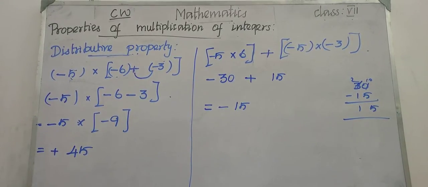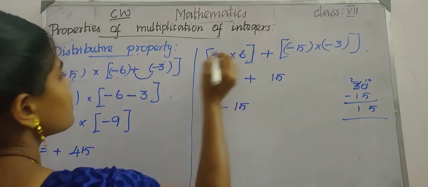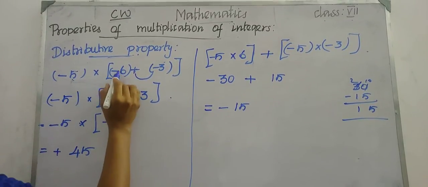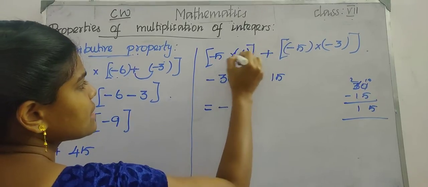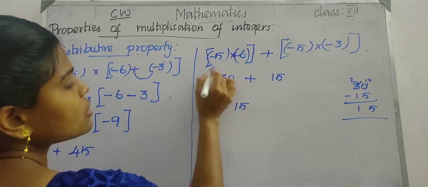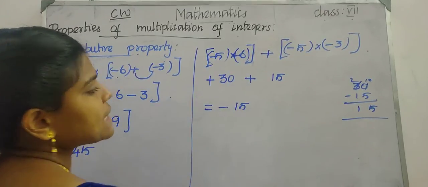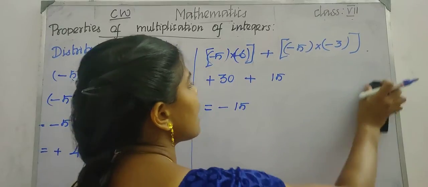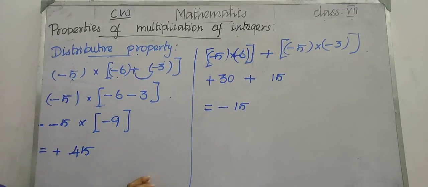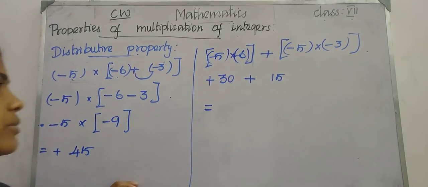Is it right? So we made a mistake here, right? So minus 5 into minus 6, so here we have minus 6 and minus 5. 6 5s are 30, minus into minus, plus. So plus 30 plus 15, we need to add and put the same sign. So what will you get? 30 plus 15, you will get the answer as 45.